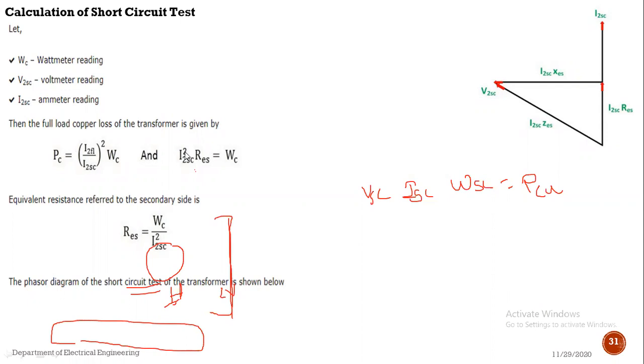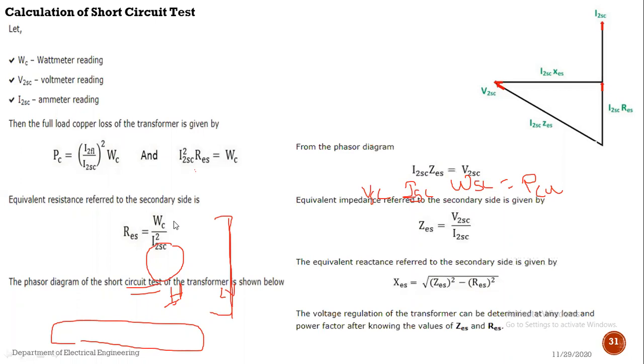सो याच्यावरून आपण R फाइंड आउट करू शकतो, that is R is equal to, and V/I is nothing but Z, and according to copper loss we are able to calculate the R. After calculating R we are able to calculate X, that is the square root of Z square minus R square, it is nothing but X square. Okay, so this is the simple calculation related to the short circuit test. Okay, getting लक्षात आलं का?